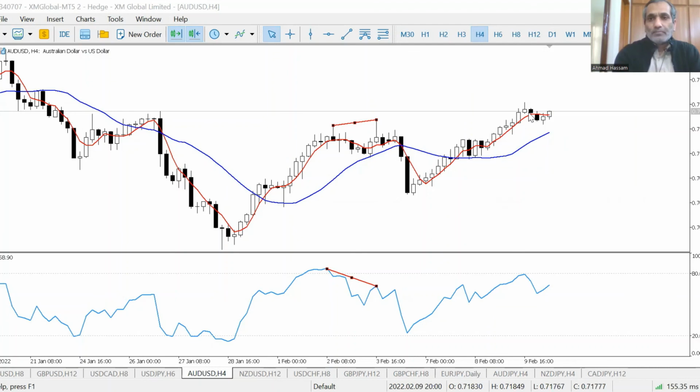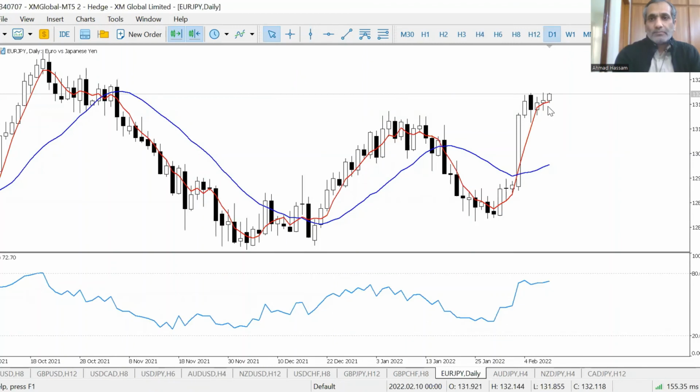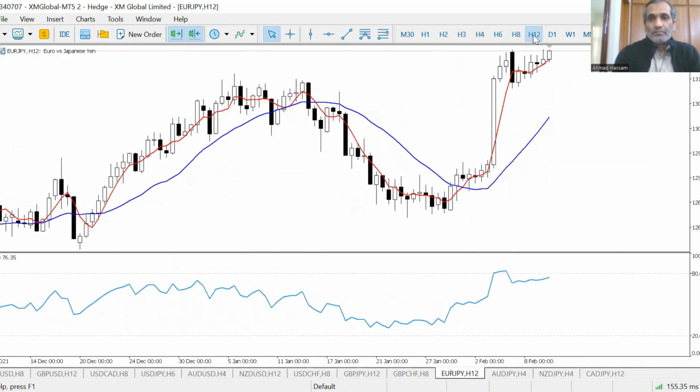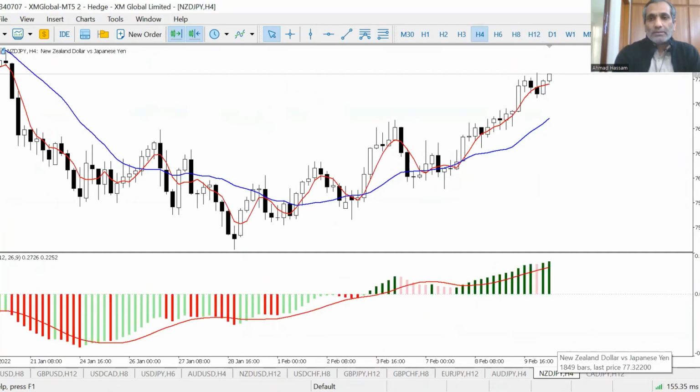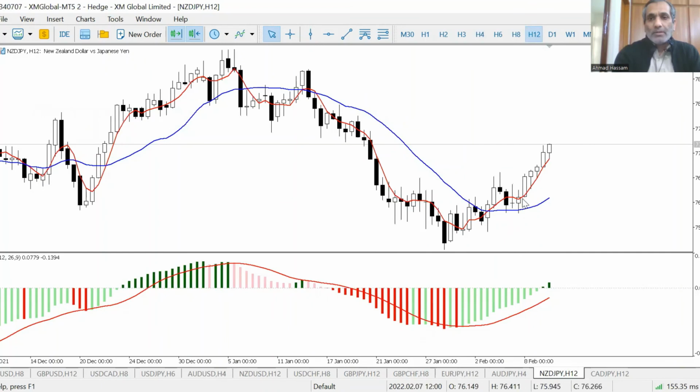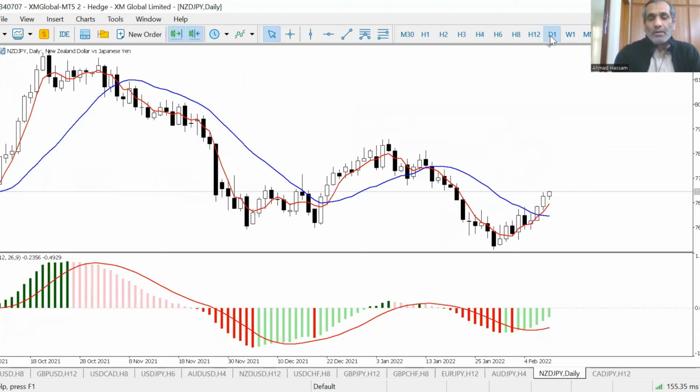One is Aussie yen, other is Euro yen, and the third is this Kiwi yen. See, it has all made a good move, it's going up. So we now have a good idea that it is going to give us a good trade.